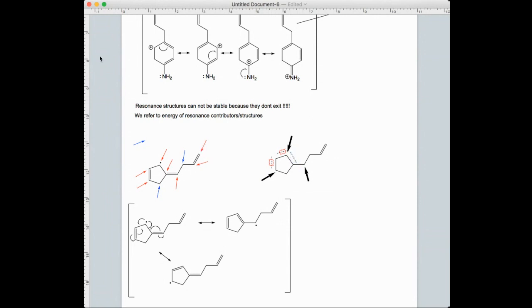Because this is a radical that is electron deficient, it will react with another species, as I just said, in this case having also an unpaired electron. That way it can form a bond. So if another radical approaches this radical, it will attach either to this carbon or to this carbon. That's the data you can interpret out of this resonance structure, okay?